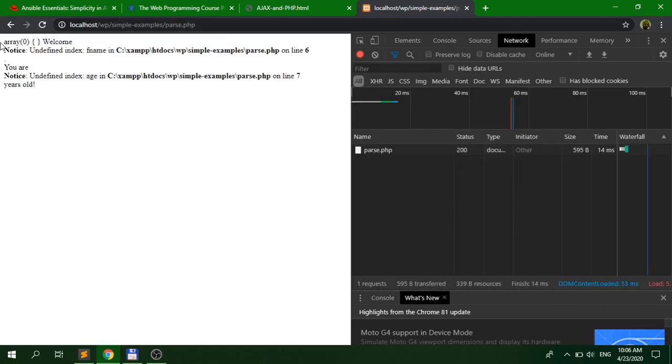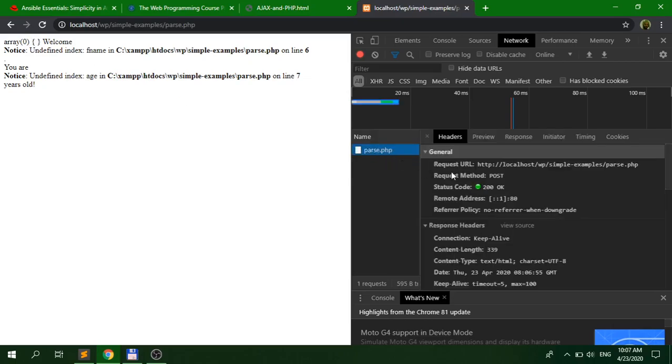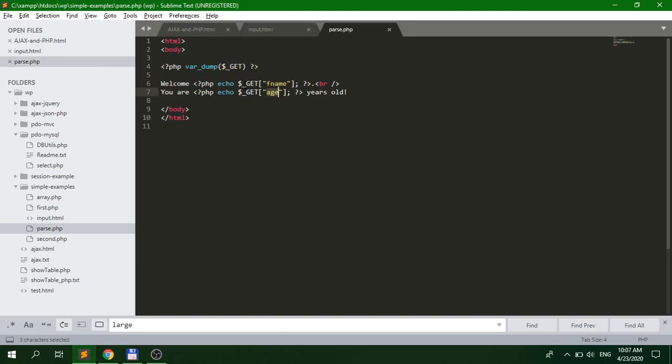The value of the $_GET array is now empty. It doesn't have anything because the method is POST. The HTTP request method is now POST, not GET. So now, if we want this PHP script to work, we need to use the $_POST superglobal array. We'll just leave this $_GET var_dump the way it is. It will be an empty array. But this one should now work because the parameters of the request are sent using an HTTP POST request,